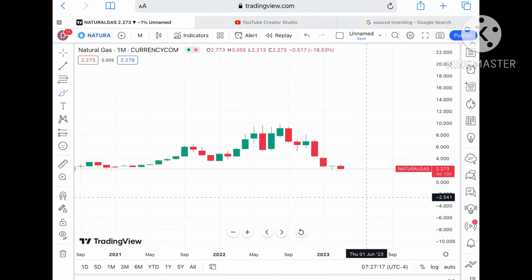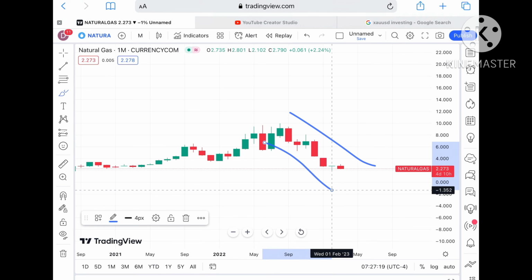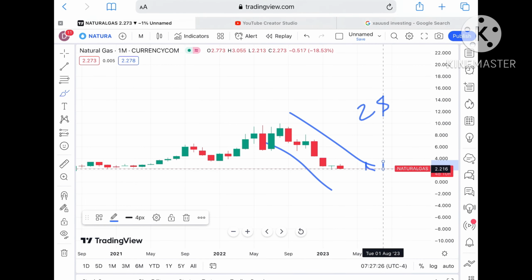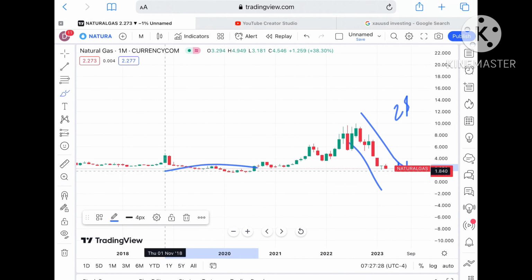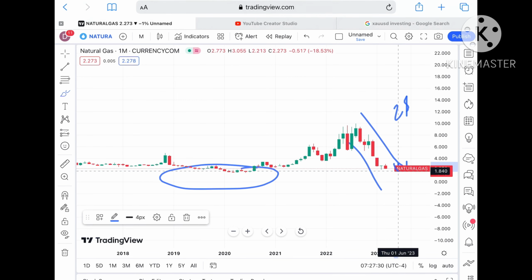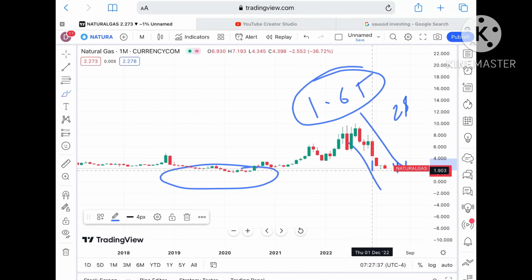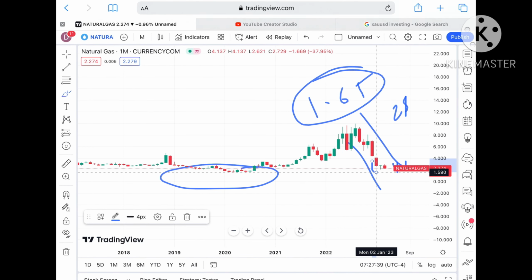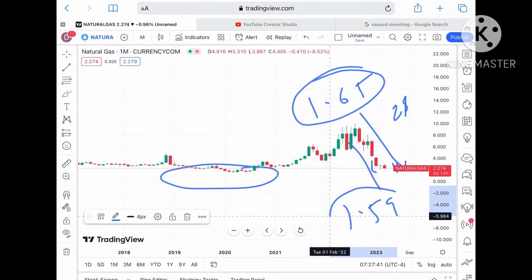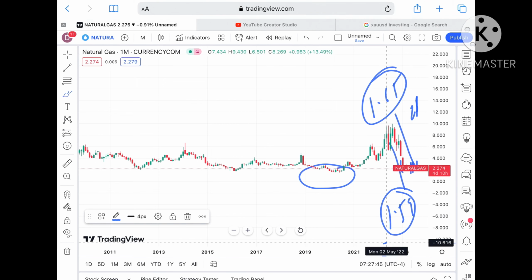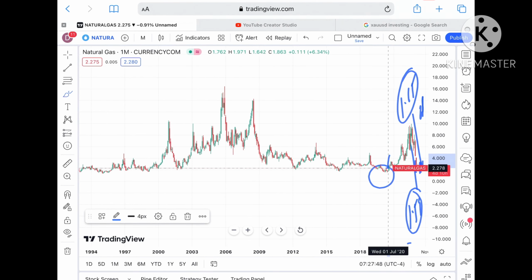Suppose the price doesn't sustain this particular level, then the next support comes at around $2. Once it goes below a level of $2, it will come into this particular zone, and chances are very high it can go towards a level of $1.965 to a level of $1.65. This $1.65 is already a weak support, so chances are high that we can see a lower level, and once it moves below that zone it can go further low, and the probability is very high it can go towards a level of around